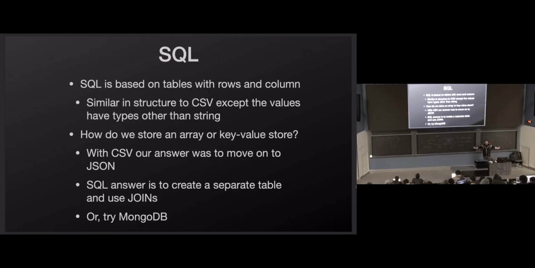So SQL is a row-column structure. The S in SQL stands for structured. It's a very structured database, a very structured format. And it's very similar to a CSV. In 115, we talk about CSV parsing. SQL is very similar. Obviously, it has many differences, and it's much more sophisticated and cooler than CSV. But deep down, it's like CSV, or it's like a spreadsheet. It's rows and columns.